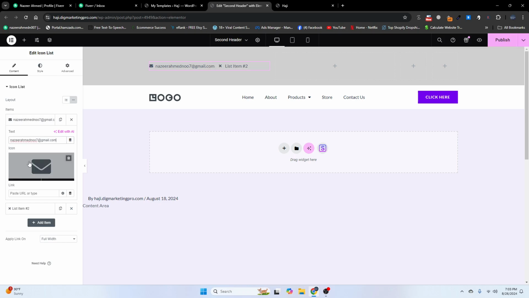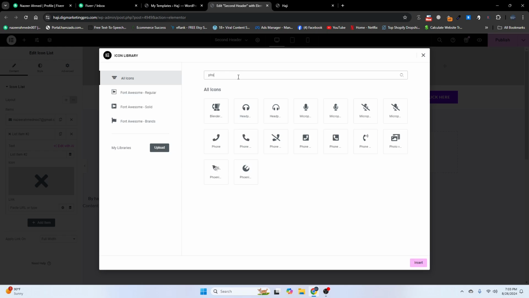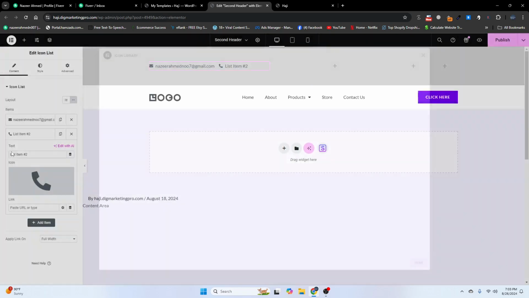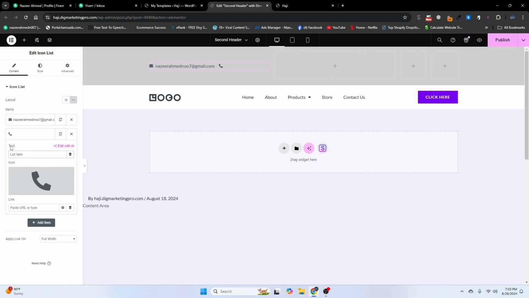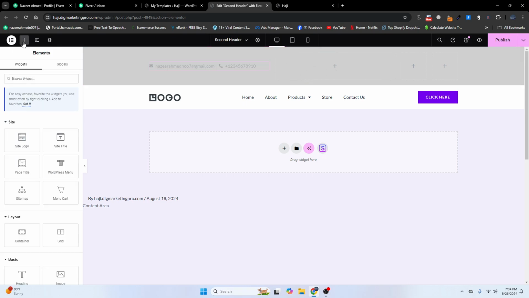So here it is, and in the next item I want to add my phone number, so I will search for it in the icon list. I will add this one, and here I will insert my number. Here it is. So now in the next container, here in this container, I will go back